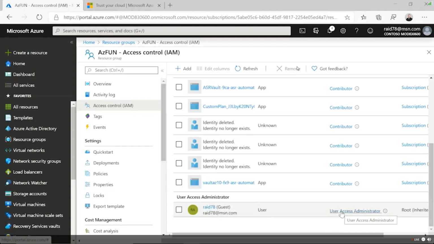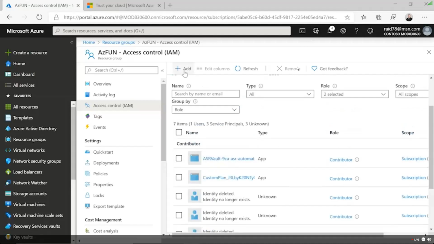All that role allows RAID 78 to do, and they're a global administrator, so they actually have a lot of other hidden rights and other things. Basically, the global admin can do whatever they want, wherever they want inside the subscription. But User Access Administrator has a very specific right. See this list of users that I have? This user can change that list, and that's it. User Access Administration, controlling the access of the users that we have inside the environment.